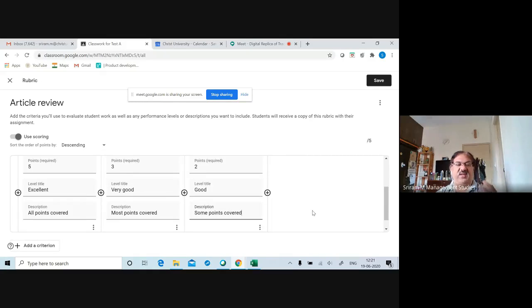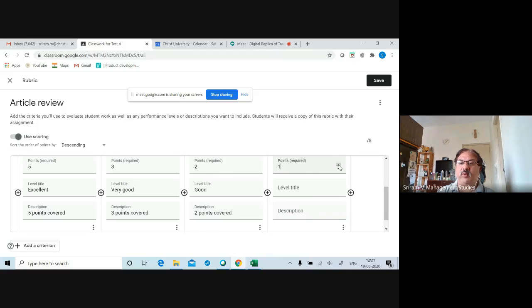For example, to make it more precise: 5 points covered, 3 points covered, 2 points covered, then 1 point.